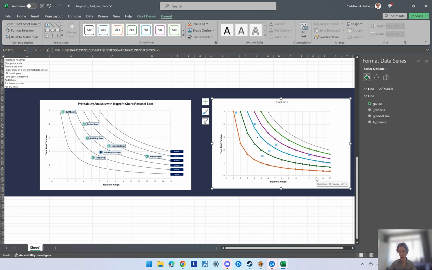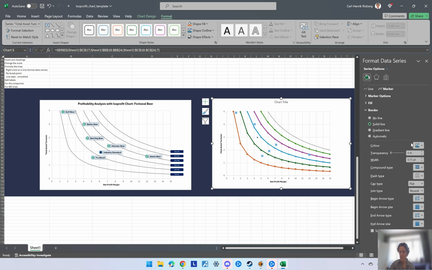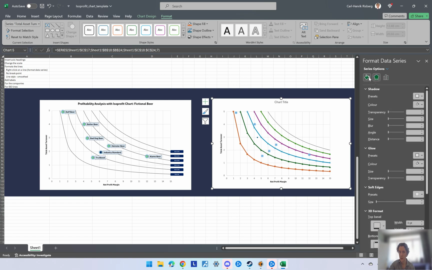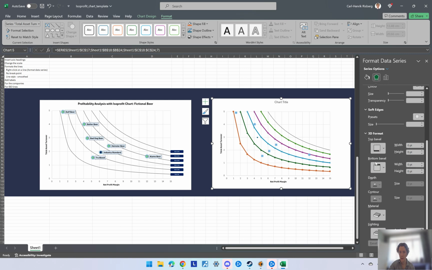You don't want to listen in on me doing that, so I'm going to show you the next step, and that is to customize the values or the dots for the different companies we want to recognize here in the chart. So you mark the dots, you see here the marker, it's a blue solid. But what we know here is that, if you want to make it look something closer to what I have here,